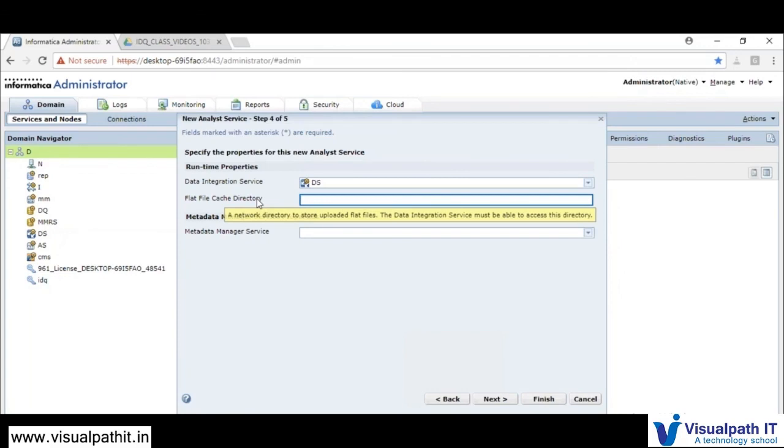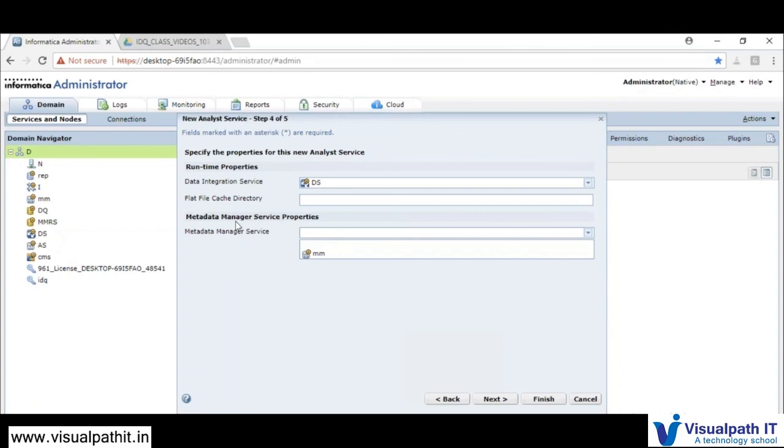So whenever you have any flat file generation, like exporting profile results, then you will provide the flat file cache directory. And then there is an optional one, the metadata manager service. If you have a metadata manager service, then you will select it.